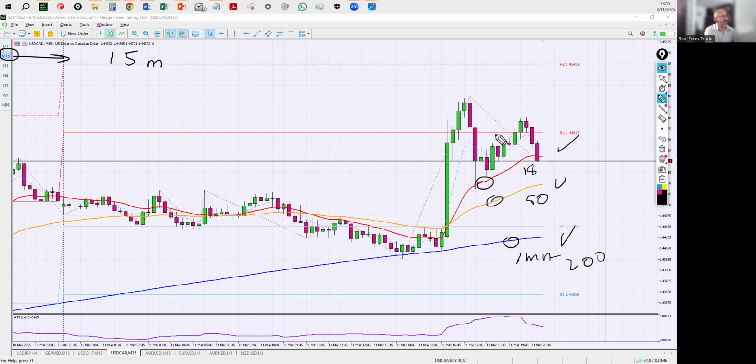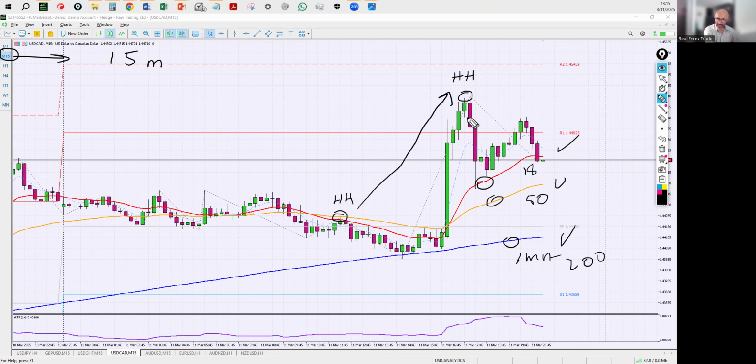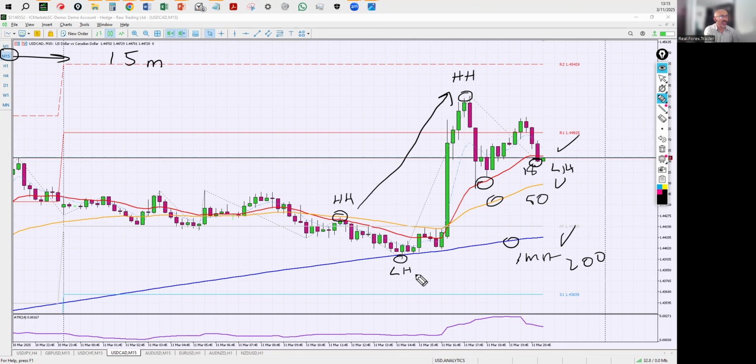Now, another thing that gives me that indication is that currently, the previous higher high is here, and the current higher high is here. Clearly, it is skyrocketing. That is a good signal. Now, the lower high, this lower point in here, and this lower point in here, right, this one is higher than this one. That's another good indication that the trend is going up, right? That on my